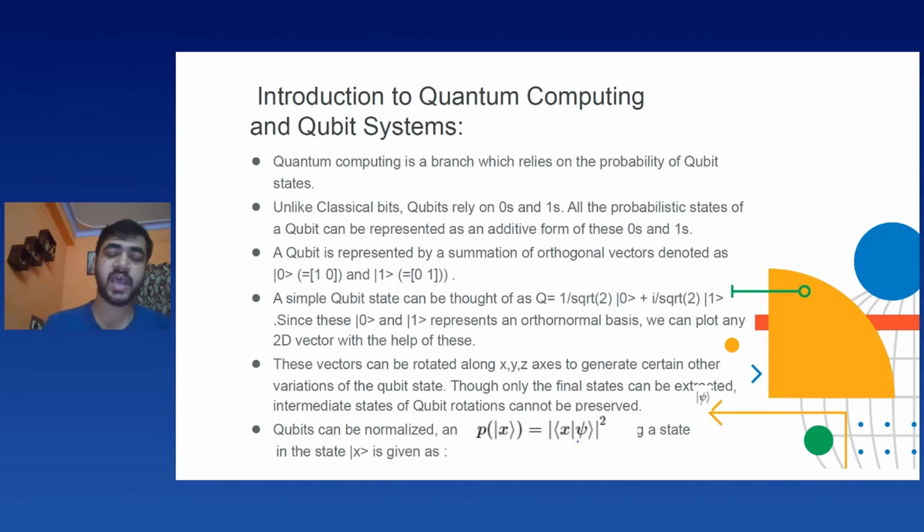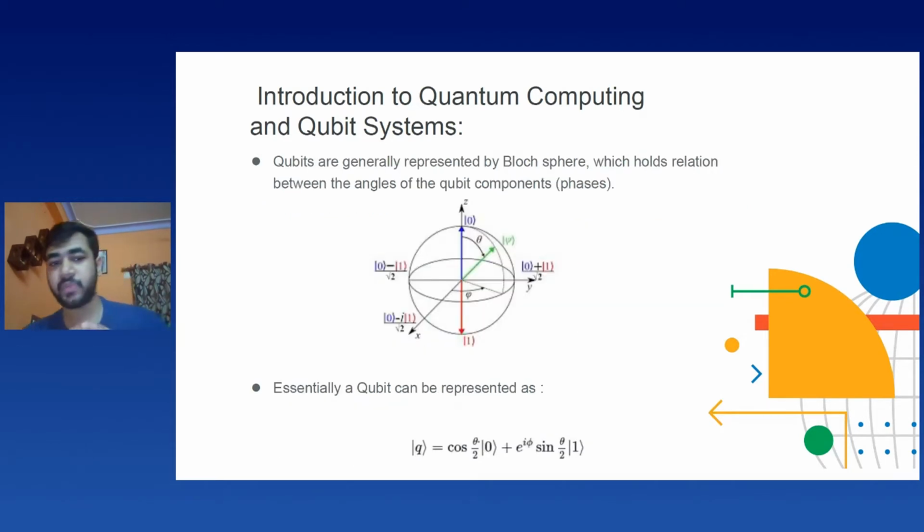And these qubits have certain interesting properties. They have these properties which are known as waves, that is the amplitudes, and they have certain important properties called as phases, the most important property. So these qubits are actually arranged in the form of a sphere, which is known as a Bloch sphere. And a Bloch sphere represents, it has three different axes, X, Y, and Z, and each of them have a certain angle known as phi and theta.